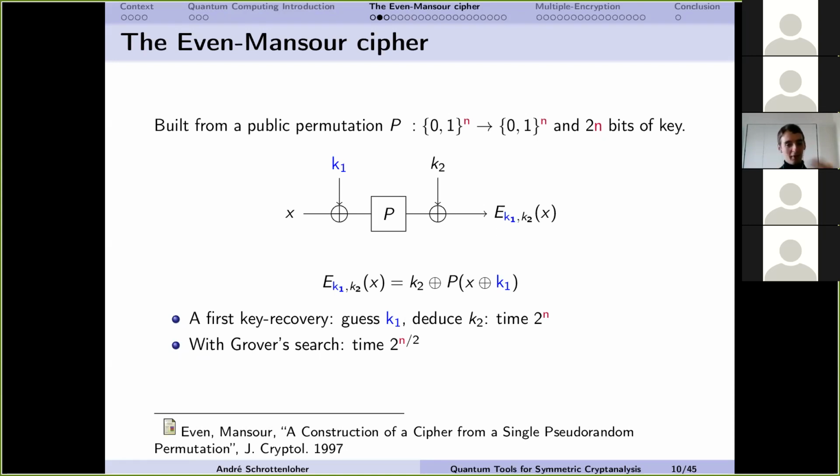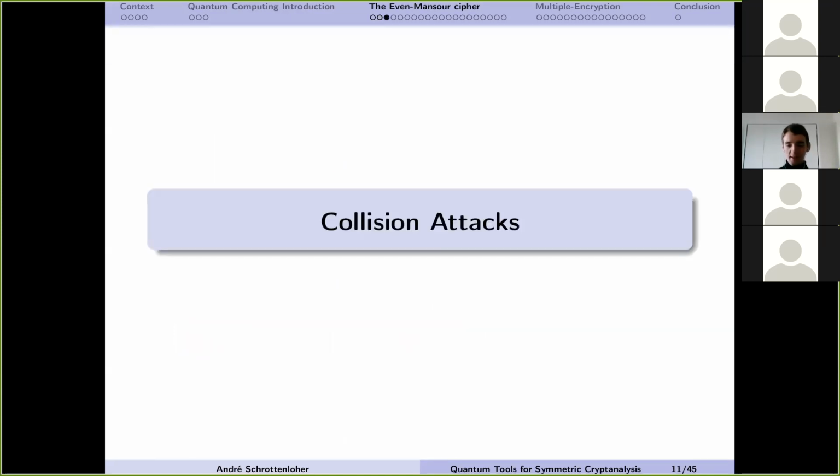There is a trivial key recovery on that, which simply means guessing one of the keys. The remaining is trivial, like it's going to be something XORed with K2, so it's done. We can do the trivial key recovery in time 2 to the n with Grover search. But there is a better classical attack. There are better classical attacks,